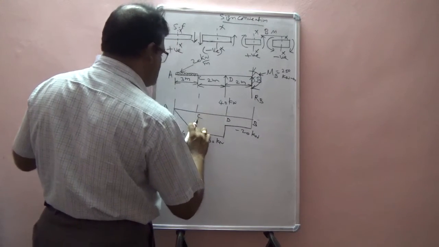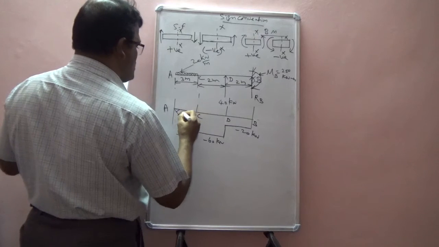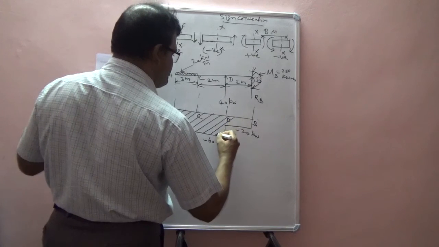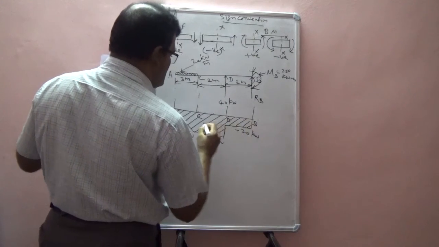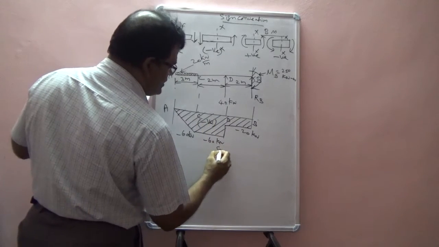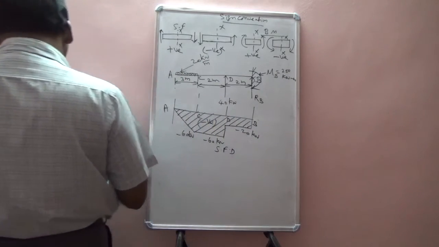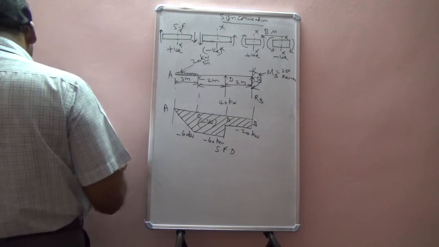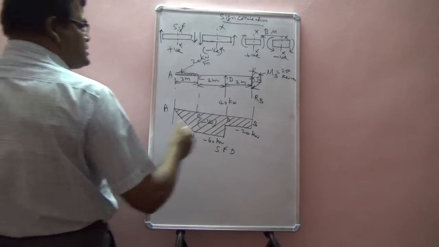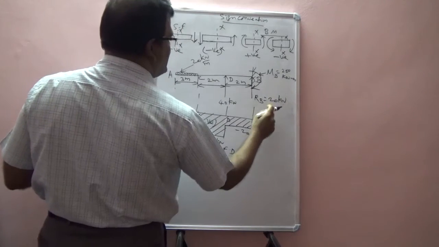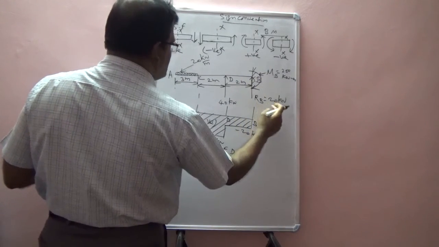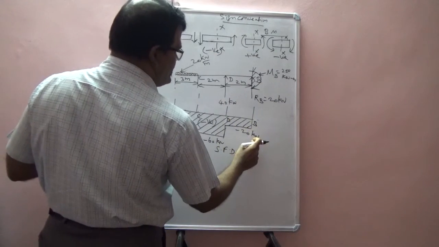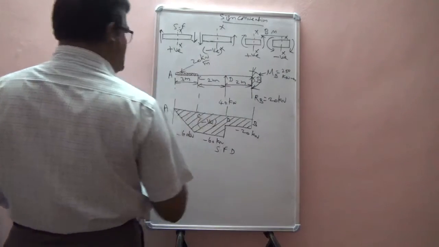So we can remove these lines, and then cross hatch all this area. It is all negative shear force diagram. So this is negative, it is the shear force diagram. You can see the RB value which we have calculated based on our initial assumptions. So the RB value is equal to 20 kilonewton. Right side force acting upward is considered to be negative. See there, this is the section, right side force acting upward, minus sign, so that is why it is minus 20 kilonewton here. Similarly, bending moment we will see separately.